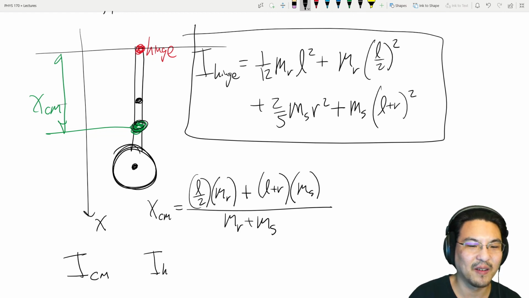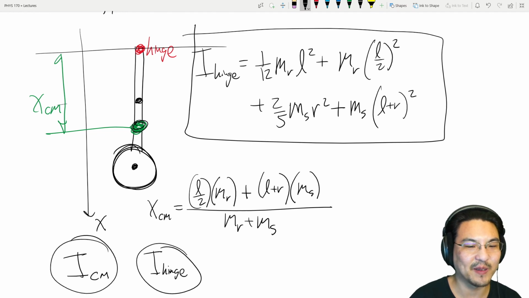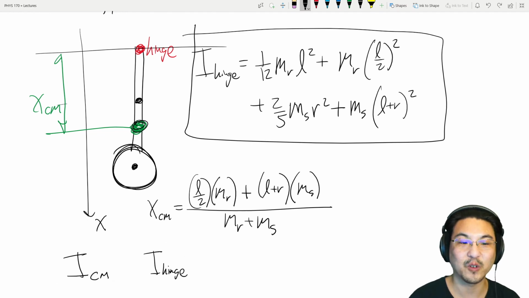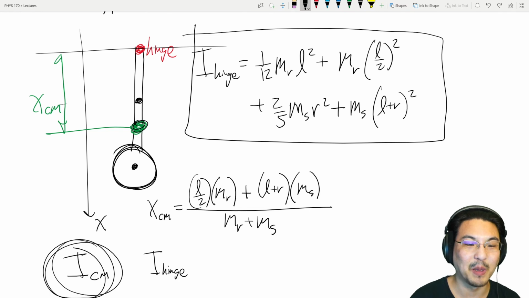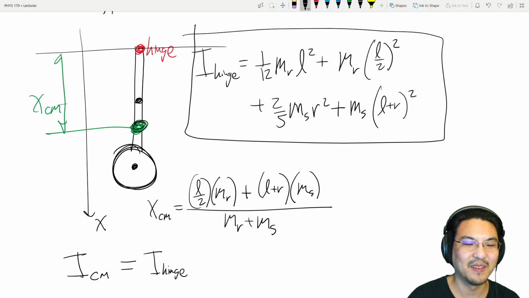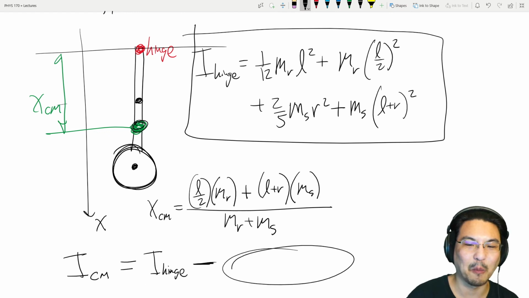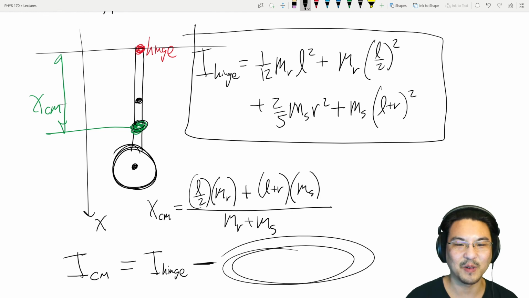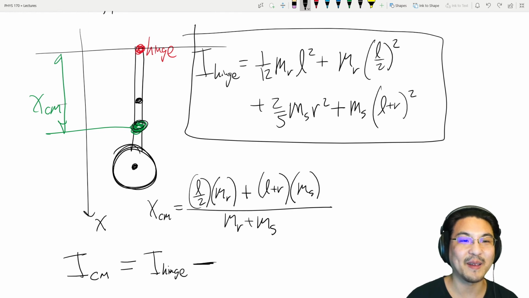Which is more, about the hinge or about the center of mass? For sure, this is a minimum. So the hinge one is more, which means this equals this minus something. What is this something? The mass of the entire thing